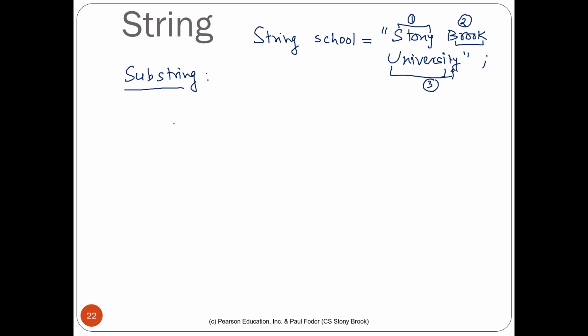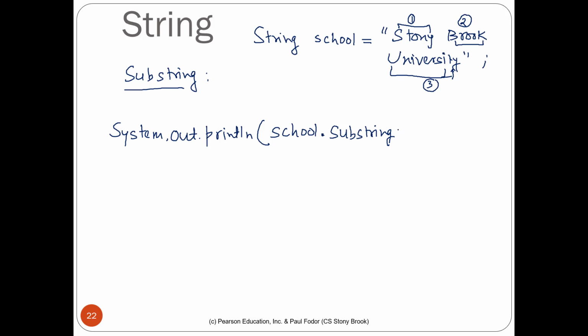Interestingly, we have a method which will return a substring. In fact, we have two versions of the substring method. So how should we invoke that? Let's look at that. If you have created a string variable like school with Stony Brook University, then you can do something like this. You can say System.out.println(school.substring